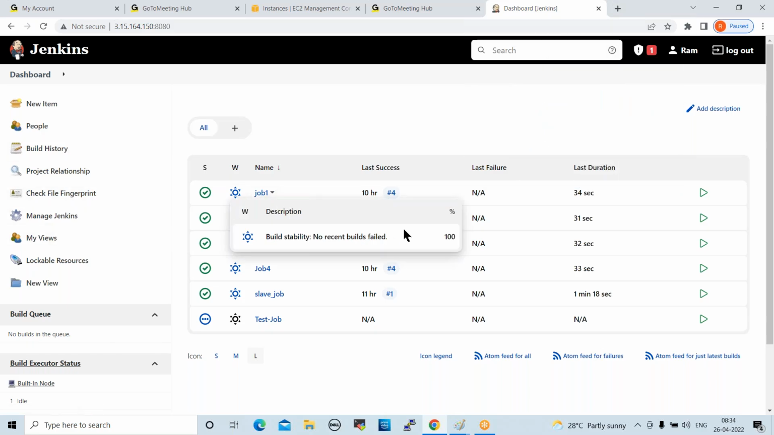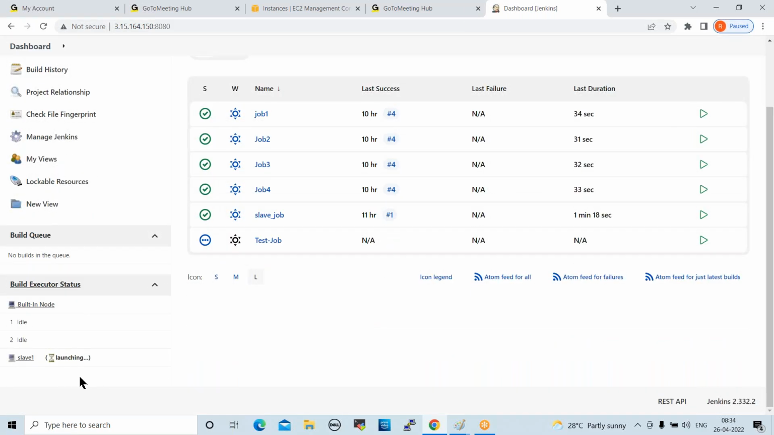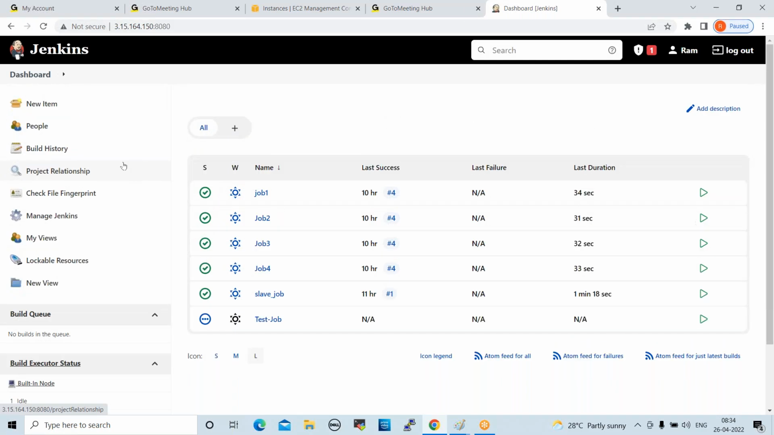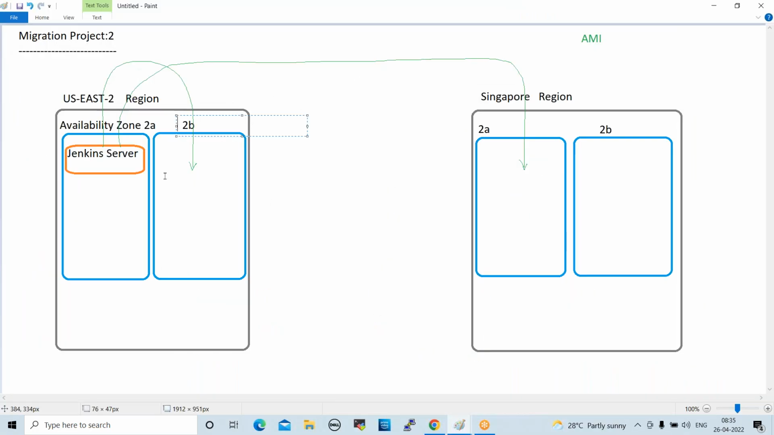See here, all the jobs are there. Plugins are installed, whatever plugins we had. Job configurations and slave configurations, everything is there. The server is moved to another availability zone in simple steps, right? This is very simple, but while migrating to another region,